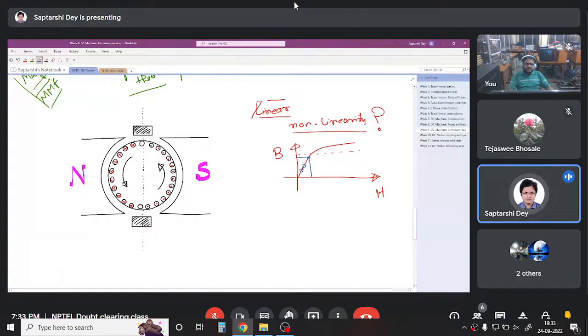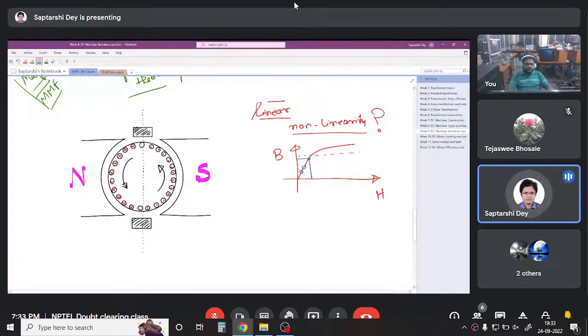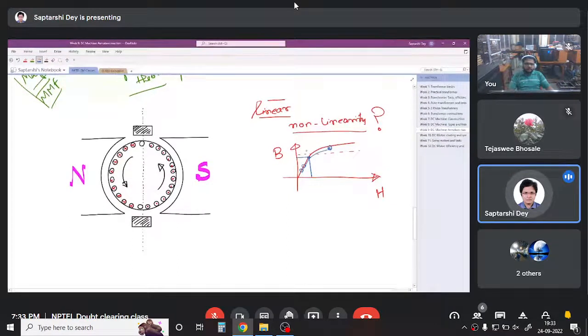But if the addition is going towards somewhere here, or maybe one of them itself, or maybe both of them are operating in the nonlinear zone, we cannot apply superposition theorem. So that is what happens in a